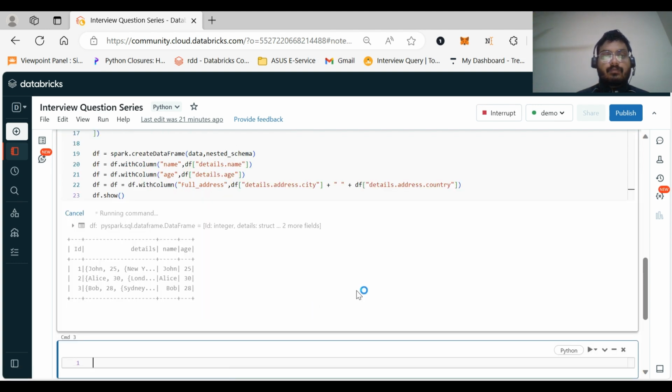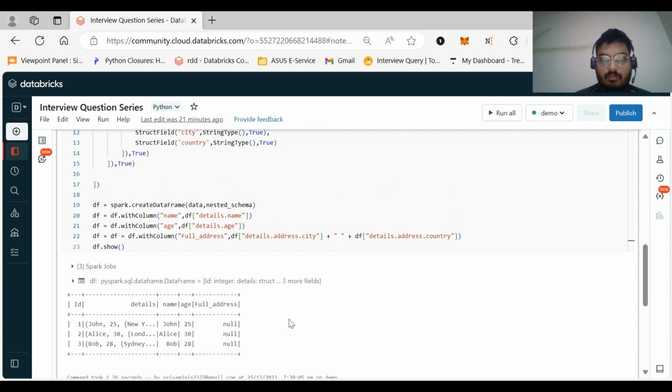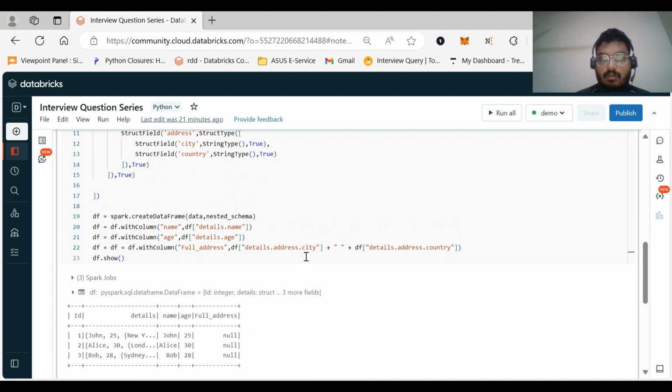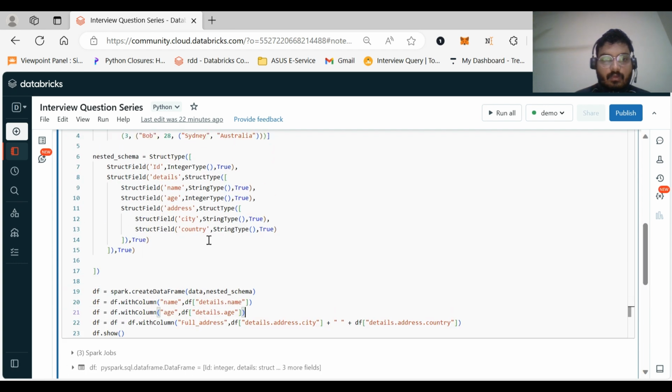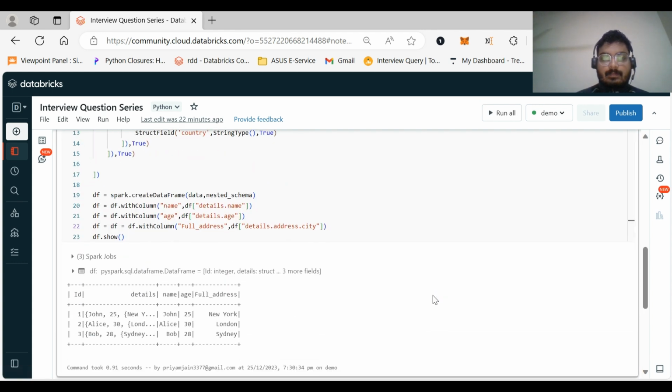Let us check our code. Okay, we are getting some error here. Full address is not coming, it is coming as null. Full address is df details address city plus df details address country. Okay, let us try to access this. Let us try to get this value first only. I think there is some error.